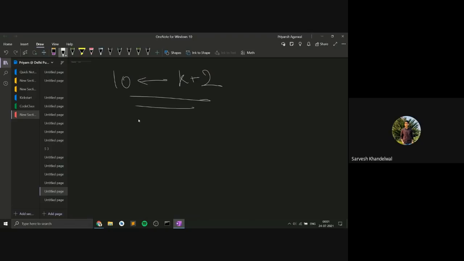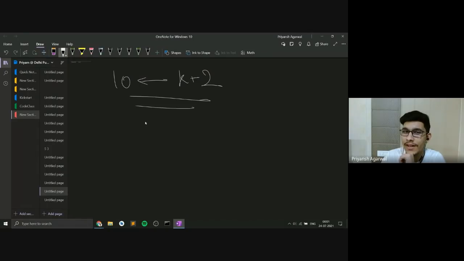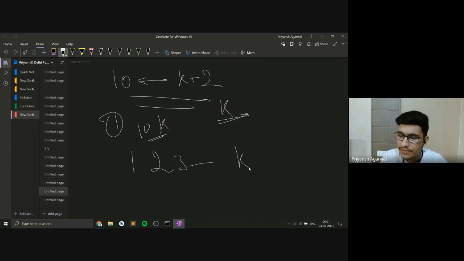K is 2. K times. Basically not k times, we can just form one coloring. So we can just choose k tens out of these. If I'm saying that two tens cannot be colored in the same color, this essentially means that I can only choose k tens here and color them with 1, 2, 3, and so on up till k. If I decide to include even just one more 10 here, it would be colored with the same color out of these only, right? So I can only choose k tens if I am given more than k tens. So this is the first observation.